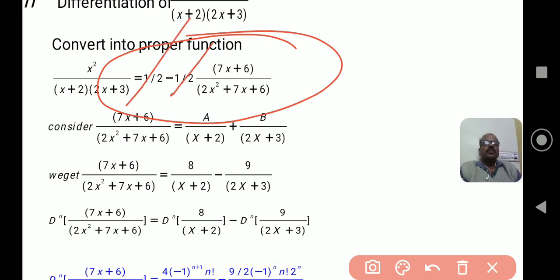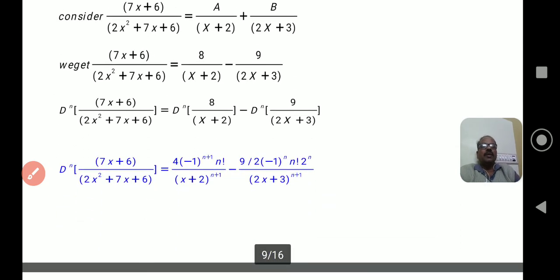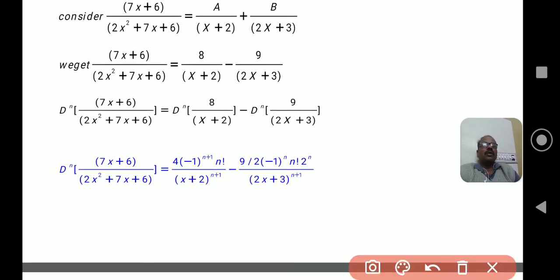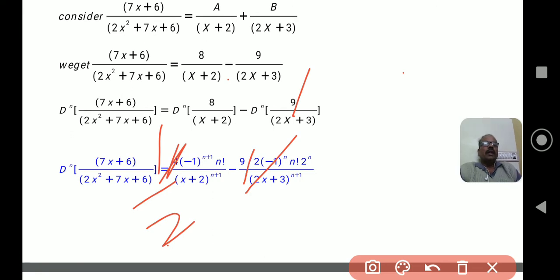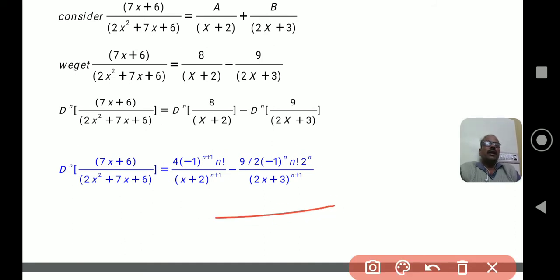Again 1 by 2 times, you should substitute the values here. That is the reason in the final step I have not mentioned it here; I wrote finally 1 by 2 times of 8 by 2, nothing but 4, here. Again 9 by 2 I wrote here. After multiplying, minus becomes a minus here. Minus 1 to the power of n times n factorial, 2 to the power of n, since the formula says a to the power of n, here a is equal to 1, that is the reason I have not written it here. Next is very clear, the denominator is 2x plus 3 whole to the power of n plus 1.